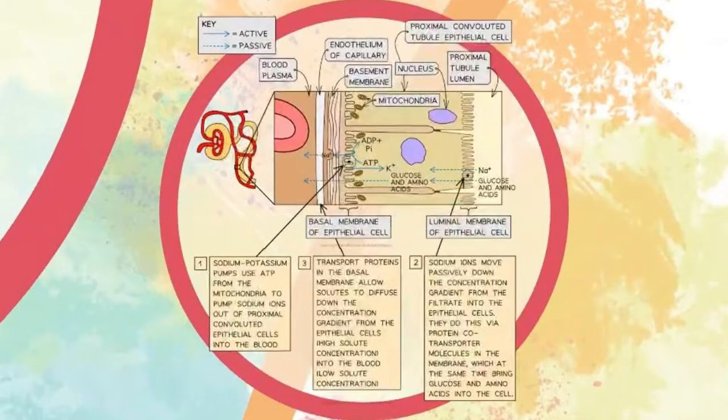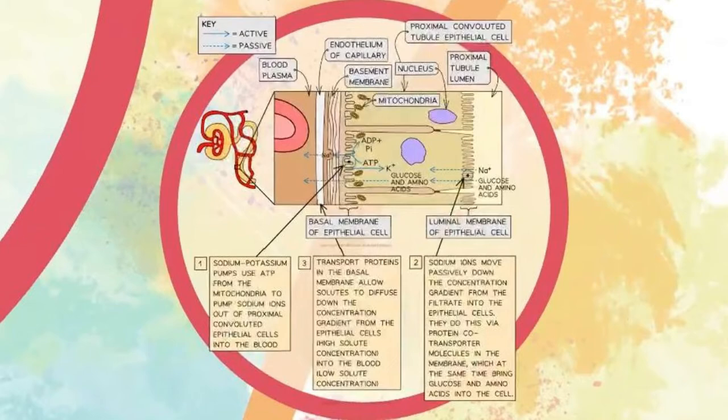The result of this is then the lowering of the concentration of sodium ions inside the epithelial cells, causing sodium ions in the filtrate to diffuse down their concentration gradient through the luminal membranes of the epithelial cells. So let me repeat that. The sodium-potassium pumps in the basal membranes move sodium ions out of the epithelial cells and into the blood where